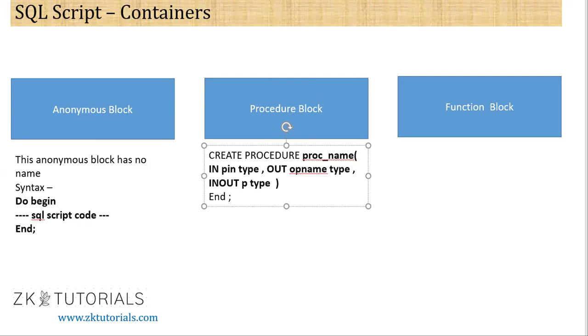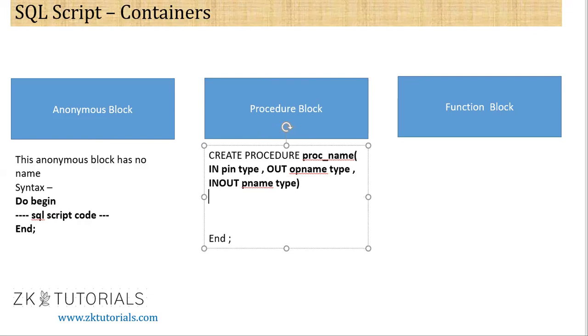So CREATE PROCEDURE, procedure name. Here you can give multiple input parameters, or output parameters, or input-output parameters. You can have it. So the parameter name and the type, then parameter name, input-output, parameter name, type. Then after this, what you have to do is